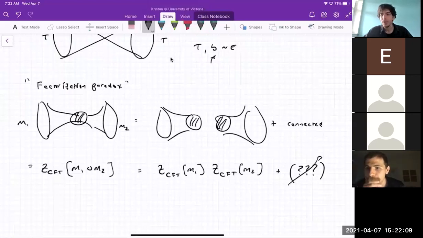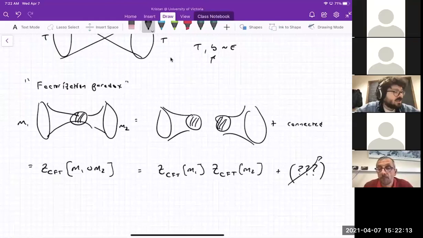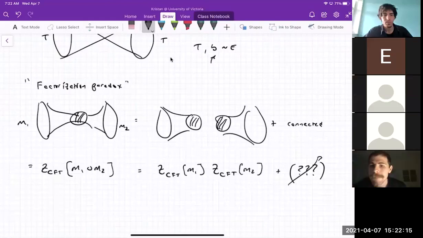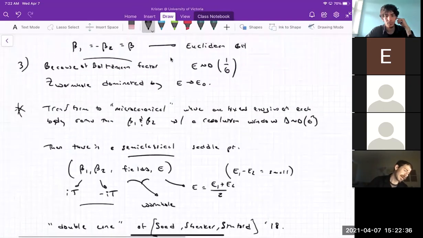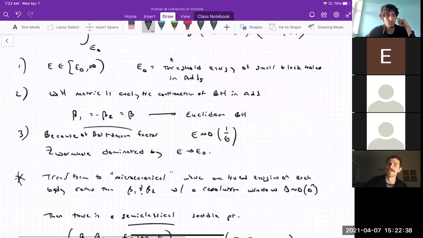Sorry, can I also ask something? Probably you explained it, but I missed something. So how come you can find, so naively I would have thought that if I find a solution after gauge fixing, that solution existed also before, but if I understood what you said, it's because the gauge fixing auxiliary fields pick up a background. That's what prevents the uplift to a full solution of all the equations of motion.